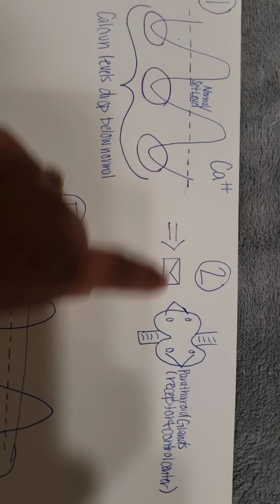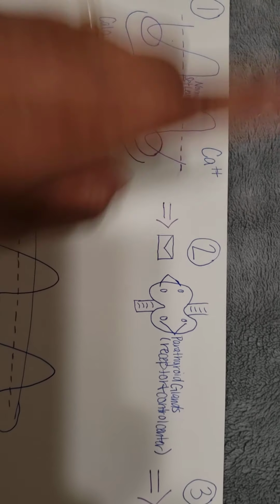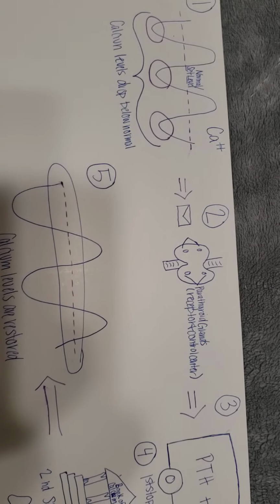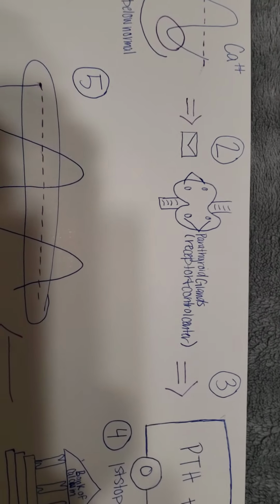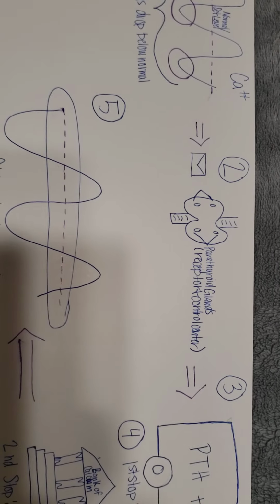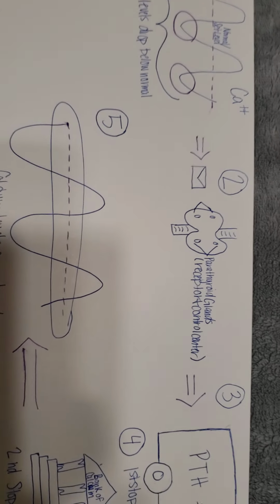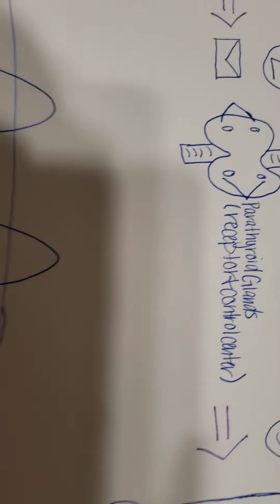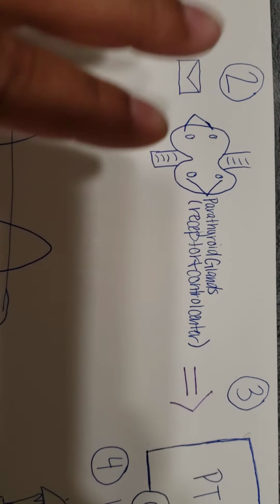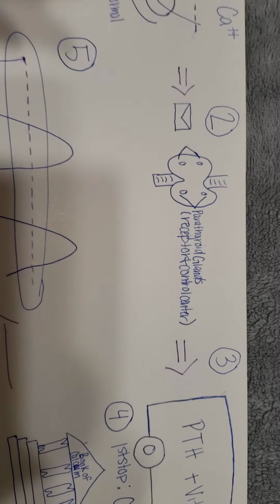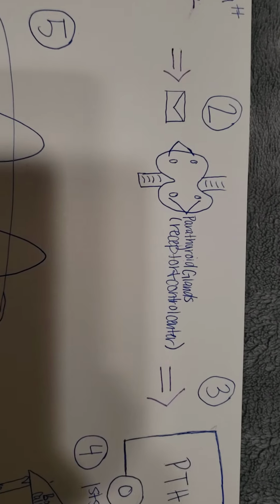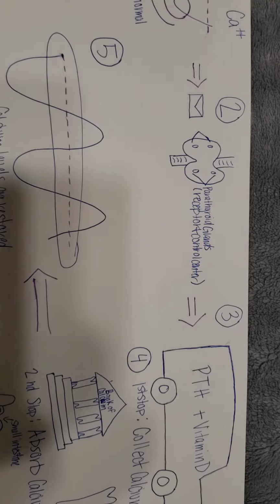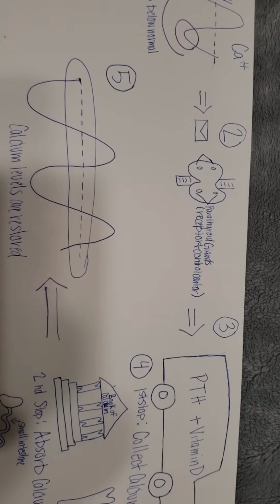Going from step one to step two, it's sending over the message that, hey, we're low on calcium to our parathyroid glands, which are located in the back of the thyroid glands. They are the receiver as well as the controller of this. So once it receives the message that we're too low on calcium, then it puts out the message,